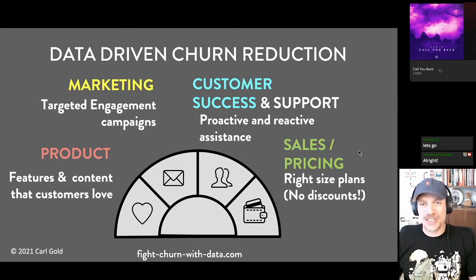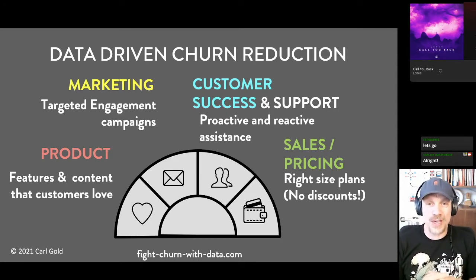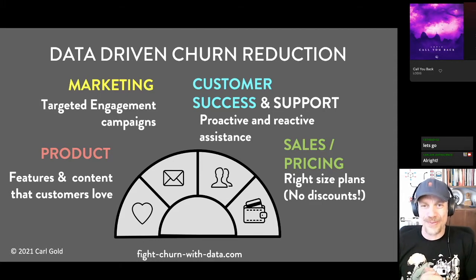And lastly, there's your company's sales and pricing. You want to right-size your product and plans without giving discounts, what I tell people, because many people think of discounts when they think of churn and reducing churn. You threaten to churn and the company offers you a discount. That's the way it works, right? Well, if you're a company, that's not so good. It's better to give a tiered pricing structure where people can get value without you giving them a discount. Because once everyone knows about the discount churn trick, it just undermines your pricing. So that's what data-driven churn reduction looks like. And that's really the goal of fighting churn with data.